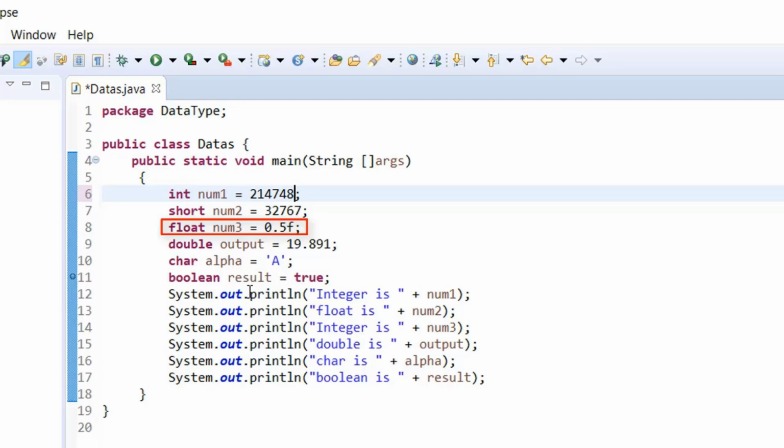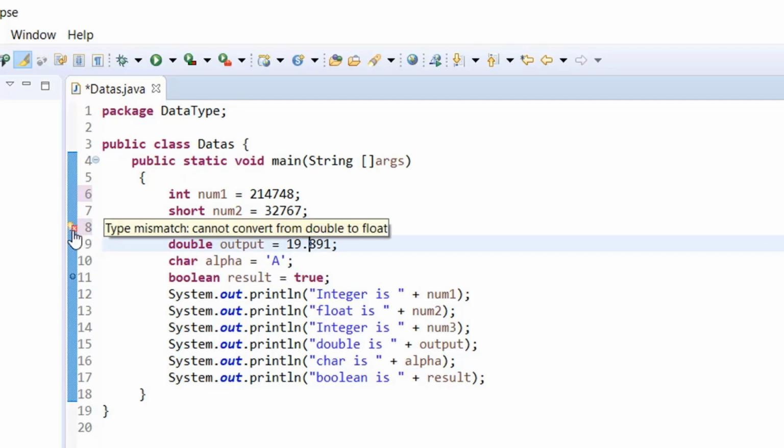Some call it floating point, and that is the standard. If I go ahead and remove the f whenever I put a float, it is no longer a floating point, because if we come over here and check, it says type mismatch, cannot convert from double to float. Therefore, if you want to remove the f at the back of your number on the float, you change that to double,